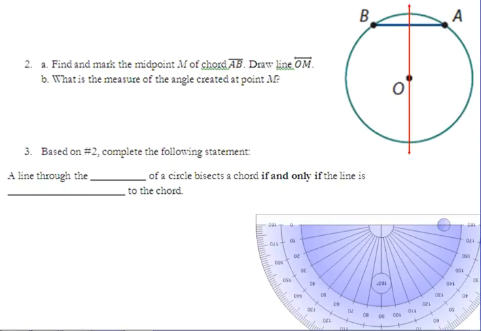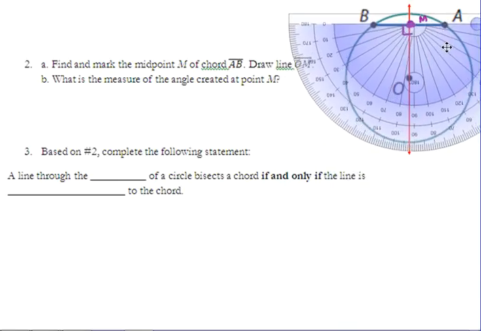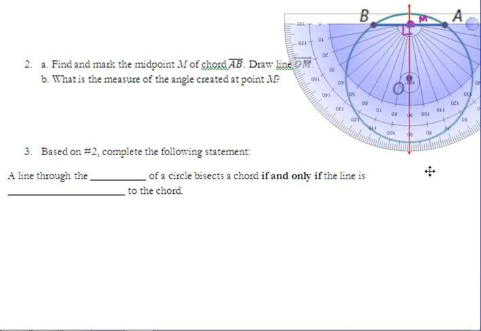The point right there of that chord is M. That does create a 90-degree angle right there. I've got my protractor, I can prove it to you. All right, it does form a 90-degree angle. Okay, so